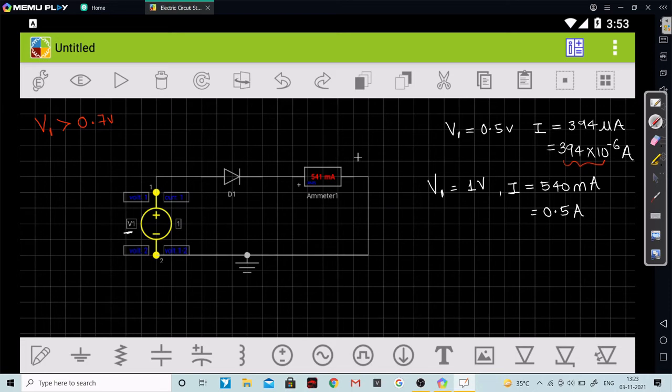So as you can see, earlier it was in microampere and now it is in ampere, that is 0.5 ampere. And our V1 is now equal to 1 volt, and obviously 1 volt is greater than 0.7 volt, so that's why we are getting the value of current as 0.5 ampere. And